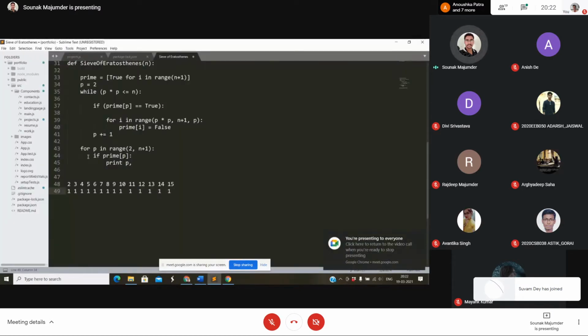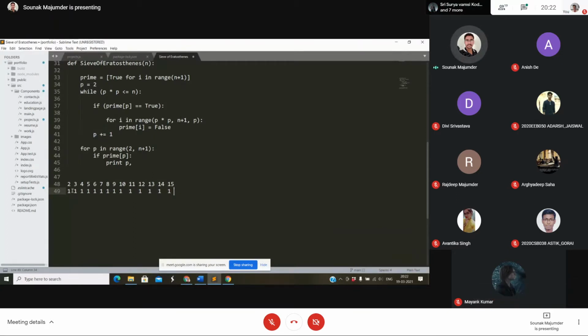So we start with p equals to 2, and if prime p is true, that says the current value of p is prime. And then we start with for i in range p square till n plus 1.